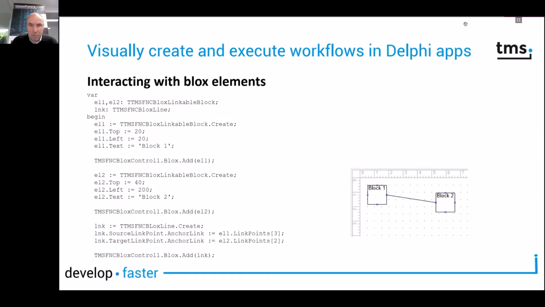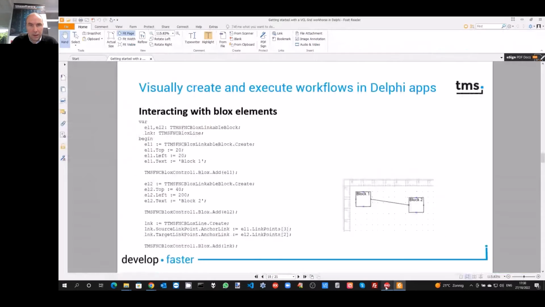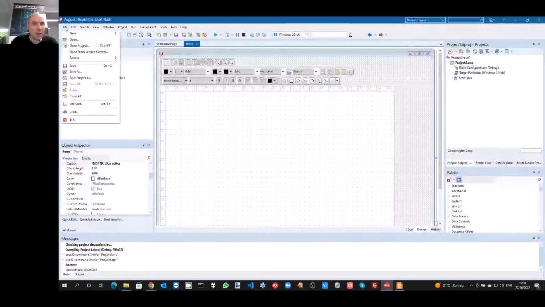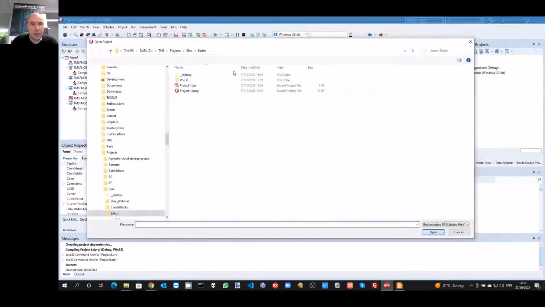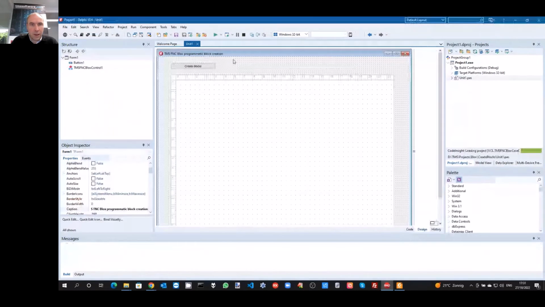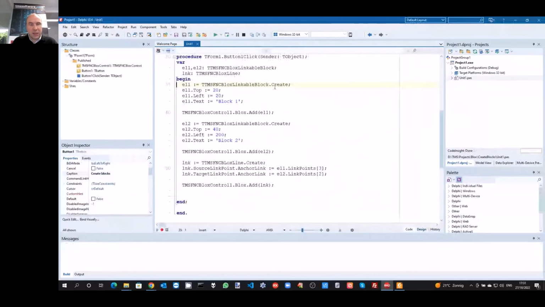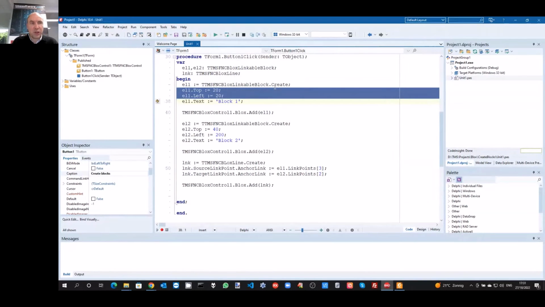Well, maybe it is better that we just show this from the IDE, then we can highlight the code that is involved. So here I have this exact piece of code. Here we create the first block that is a linkable block. So it has 4 link points, and this is the position in the blocks control where I put this first linkable block.